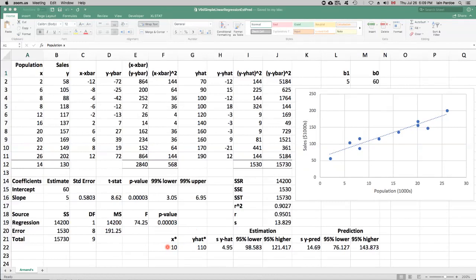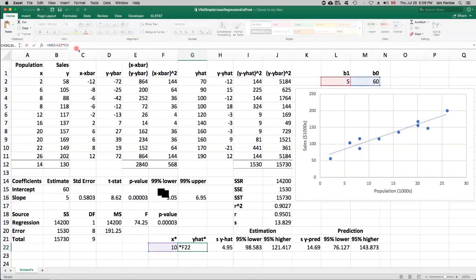Down here, I've got my value of x that I want to use, which is 10, and y hat is what I get if I plug 10 into my regression equation. So 60 plus 5 times 10 comes to 110. So $110,000 is what we predict for our quarterly sales for restaurants that have student populations of 10,000. This is the estimate of the average quarterly sales for those restaurants, and that word average is very important here. So we're thinking about restaurants in general with student populations of 10,000. What would we estimate the average quarterly sales to be for those